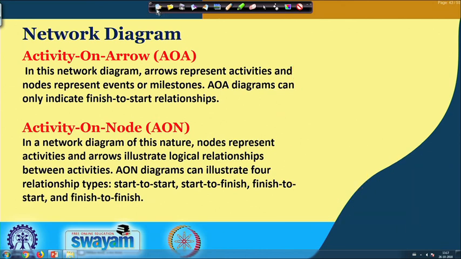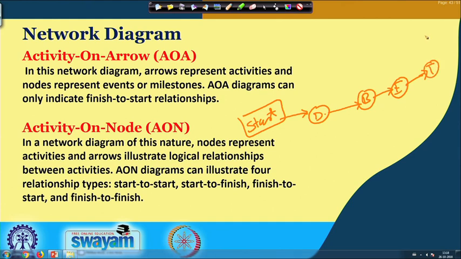Activity on node is a different type, where the arrows connect the different activities. The first activity is drilling, which is expressed on the node, and before that there must be a starting point, that means we start our analysis process. Then the first activity expressed in the node is drilling, the next activity is blasting, the next is excavation, the next is transportation, and finally